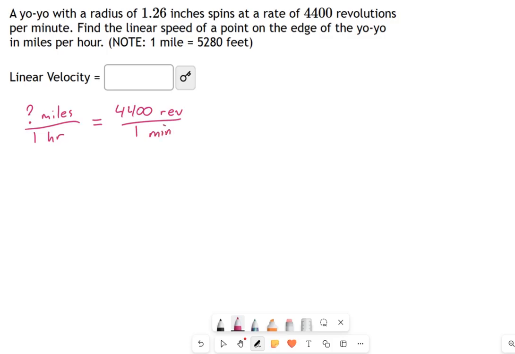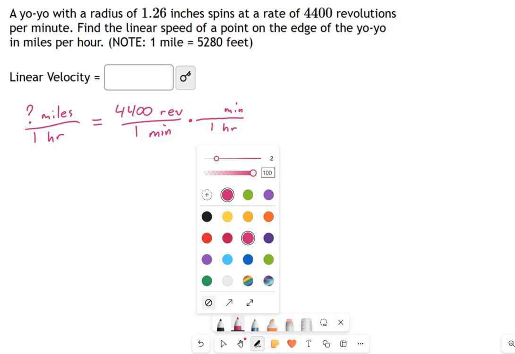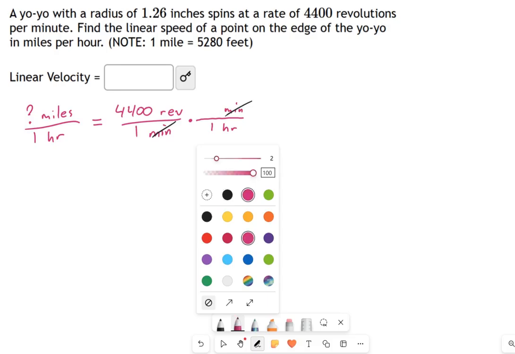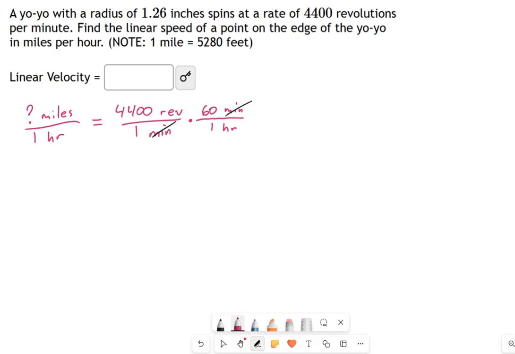So you can see the units don't match on either side of this thing. I've got speed on both sides, but on one side it's linear, miles per hour, on the other side it's angular, revolutions per minute. So what I'm going to do is multiply this by fractions to get myself to the desired units. So the first thing I notice is I've got minutes on the right. I don't want minutes, I want hours. So what I'm going to do is multiply by a number of minutes over the hour. Now, what that's going to do, first of all, the minutes are going to cross out, right? And I'll have revolutions per hour. That's great. How many minutes are there per hour? Well, there's 60 minutes in 1 hour. Okay, so that's my first calculation.